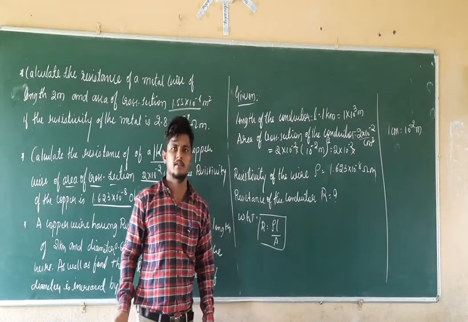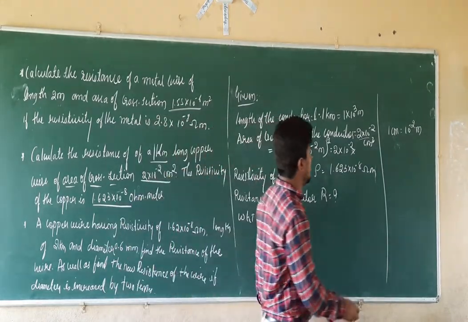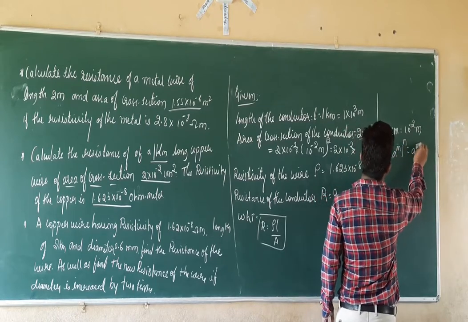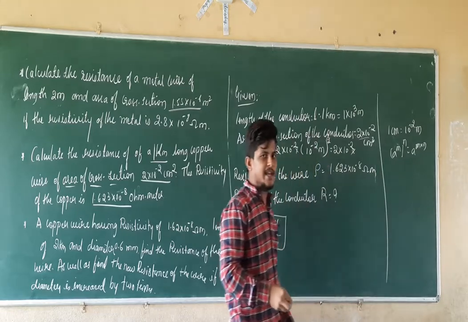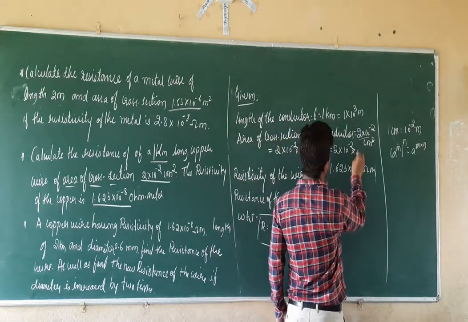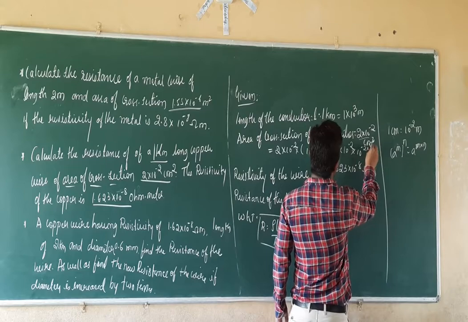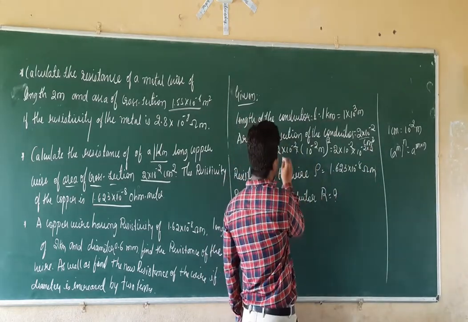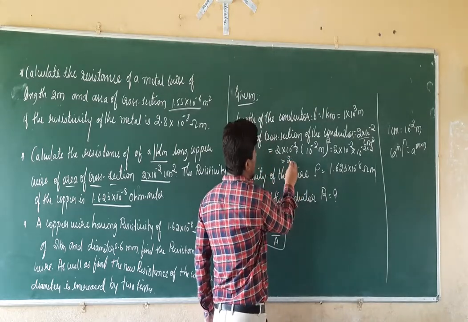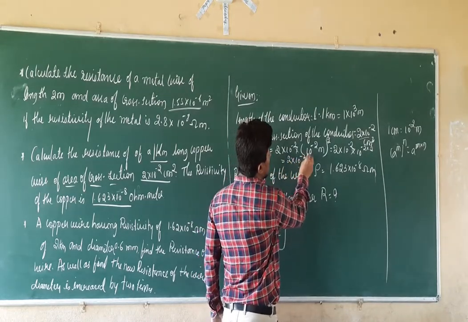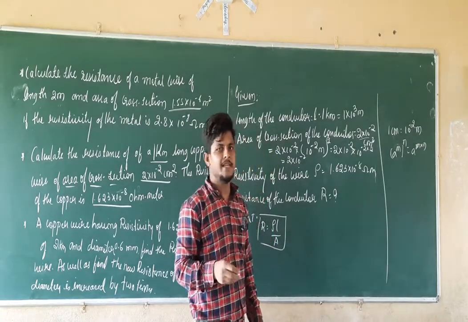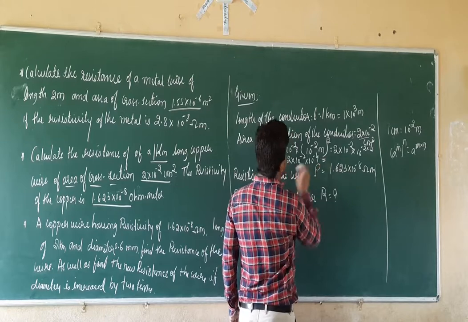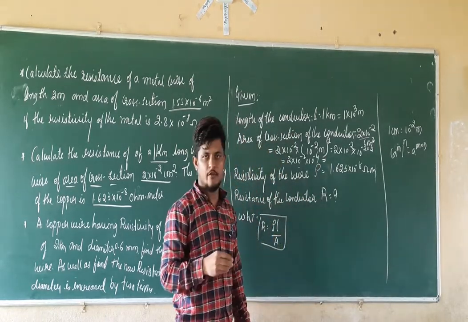We have another formula, a raised to m raised to n is equal to a raised to m into n. So if you take that, it will become 10 raised to minus 2 into 2. Minus 2 into plus 2 will become minus 4. So it will be equal to 10 raised to minus 4. So it is equal to 2 into 10 raised to minus 2 into 10 raised to minus 4.